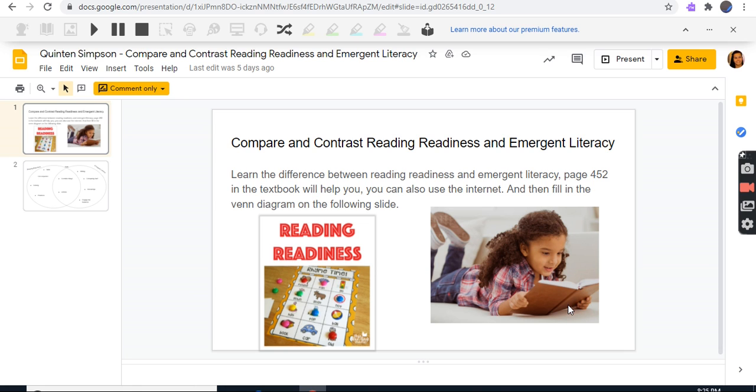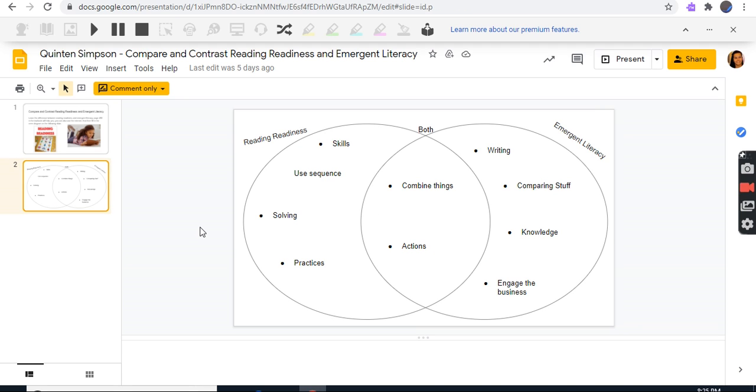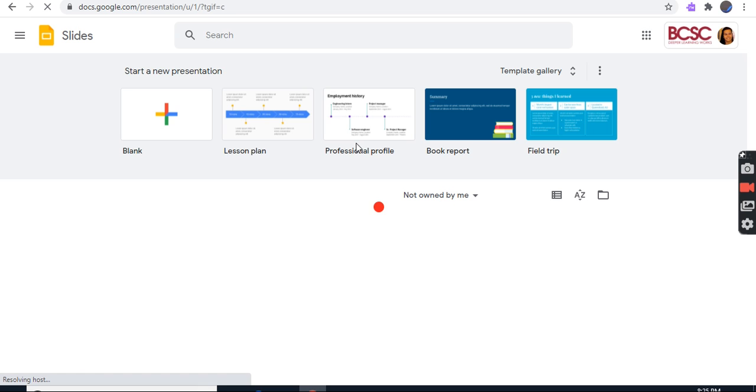This is what it looks like. I did one of this before. Reading readiness, skills, sequence, solving, and practices, both combine things and actions, emergent literacy, writing, comparing, knowledge, and engage in the business. So that's what it's all about. So basically,